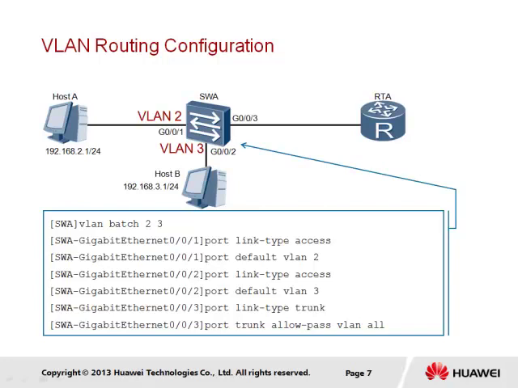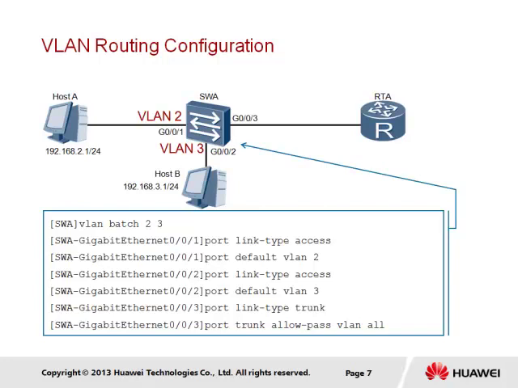The two port interfaces on the switch associated with the end stations should be assigned as either an access port or an untagged hybrid port. However, in this case, the port link-type access command is used in the respective interface view for the two switch ports. For each of the ports, we are also required to specify the default PVID that should be used, which in this case is set to VLAN 2 for frames from host A and VLAN 3 for frames from